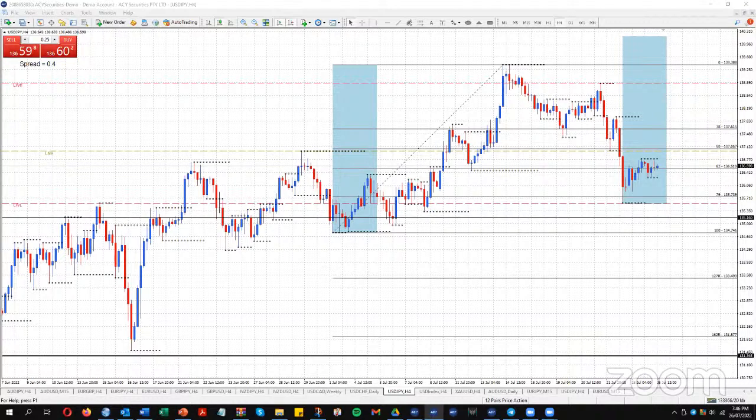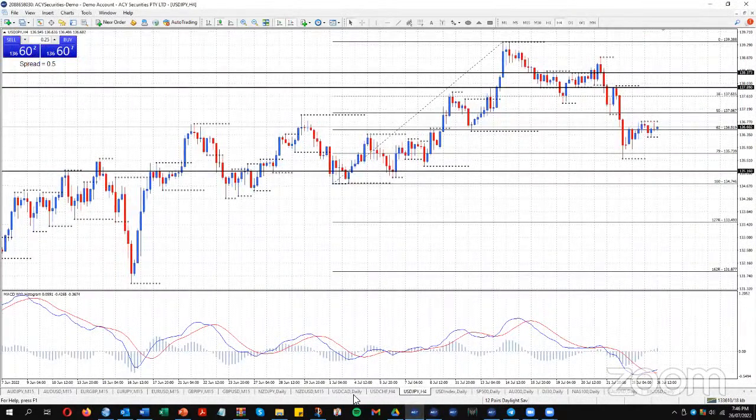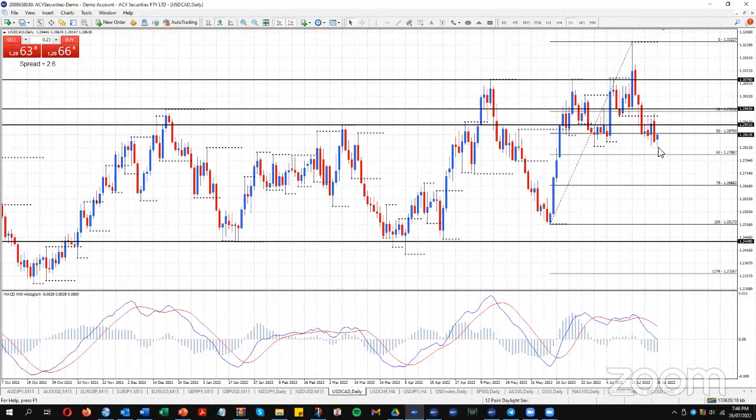It's okay if it's just a couple of pips, but in my mind, when I'm looking at, say, the weekly chart, I don't mind if that misses that 62 by a couple of pips, but for me at the moment, it's miles away from that 62. So if I was going to engage on this pair, looking at the weekly structure, the fact that we're having a pullback, I'd want it to get pretty much that 62 before I'd start to engage.